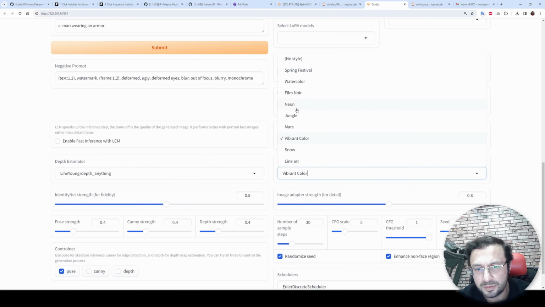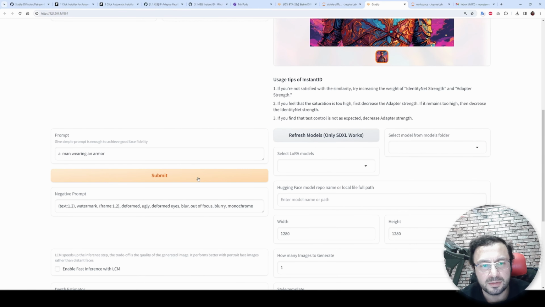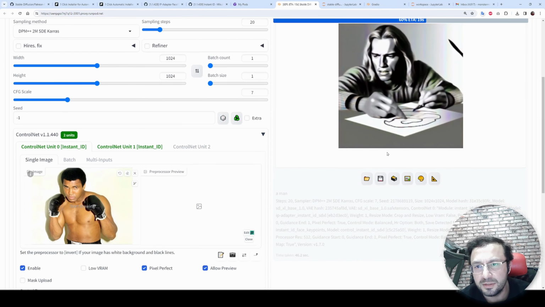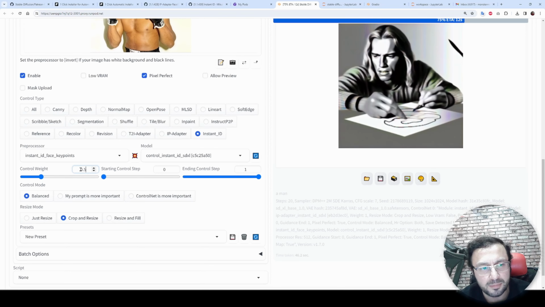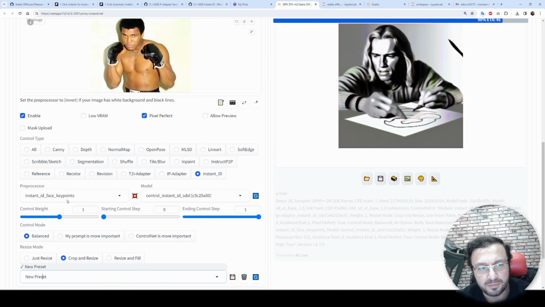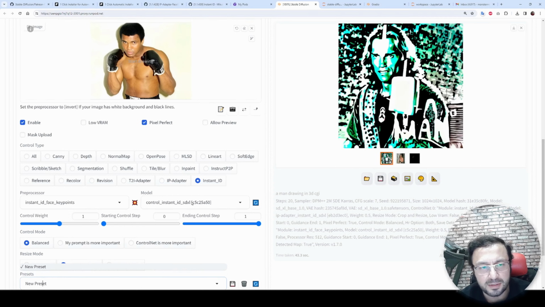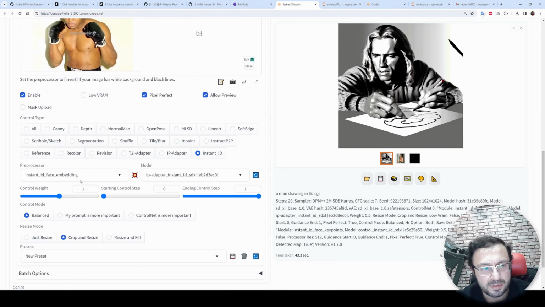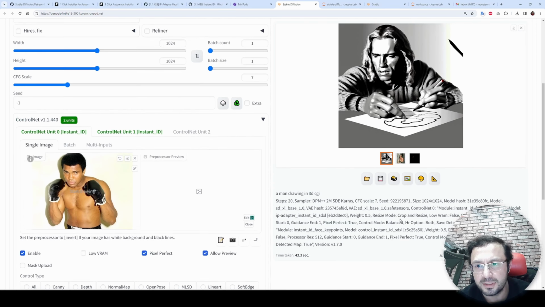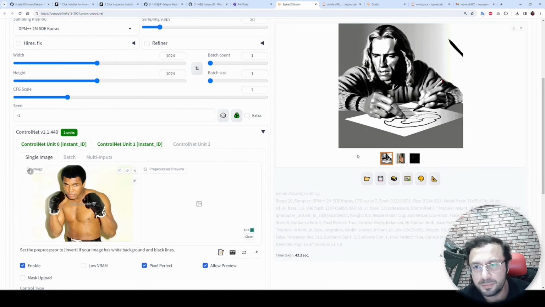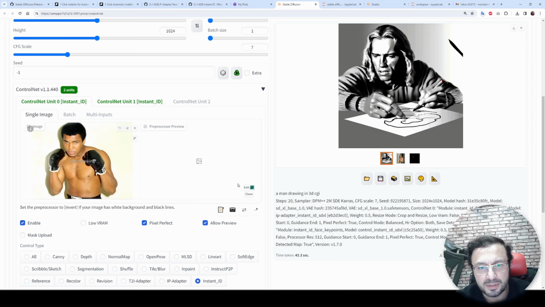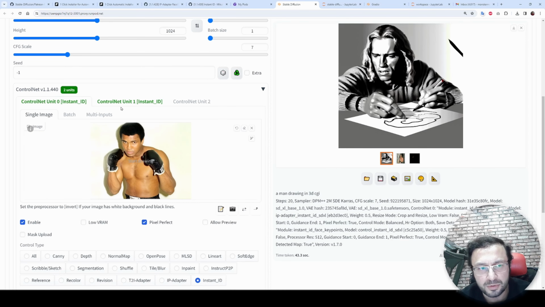All right, we can play with anything. We have some, you see, the styles here. For example, let's try neon and try again. And this is also generating. Okay, this is the output we are getting, and the ControlNet weight is just 0.5. When I make this 1, it will become even worse. And we have selected face key points, Instant ID SDXL. We selected Face ID embedding, IP adapter, Instant ID SDXL. We made everything through, and you see, it is like it is not even these pictures. There is certainly some error someplace.